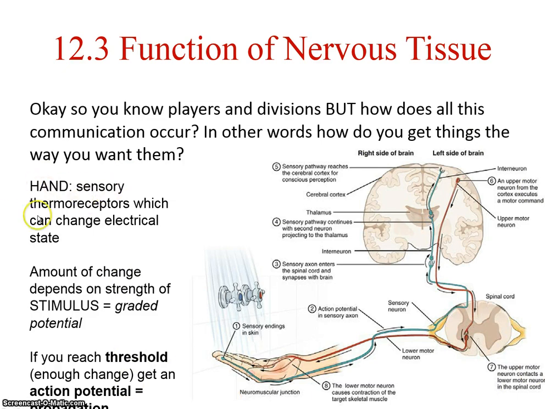So in your hand, sensory thermoreceptors. We have hot and cold water here, and the thermoreceptors, if stimulated, can cause an electrical change. So we're starting off, there's our number one: sensory stimuli. The amount of electrical change depends on the strength of the stimulus, and this is what we call a graded potential. The more change that occurs is because there's more hot or more cold. If you reach a threshold, which is enough change, you get an action potential,